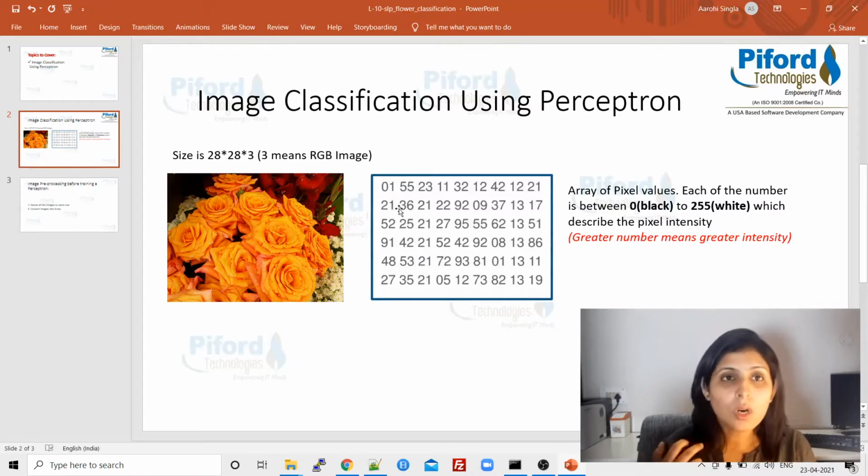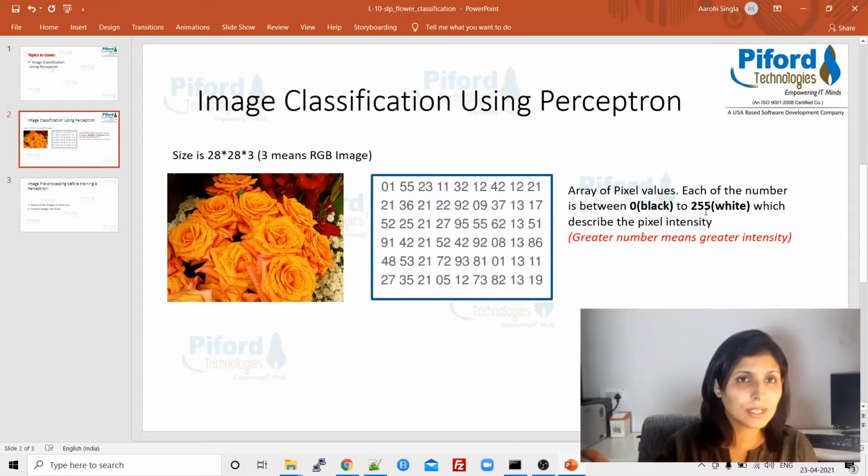And what I mean by pixel intensity: if the value is 0, 0 is the most blackish color. When this is 1, what this 1 means is that the intensity of the pixel over here is close to 0, or dark grayish because it is closer to 0. And 255 means white, the most whitish pixel intensity, right?